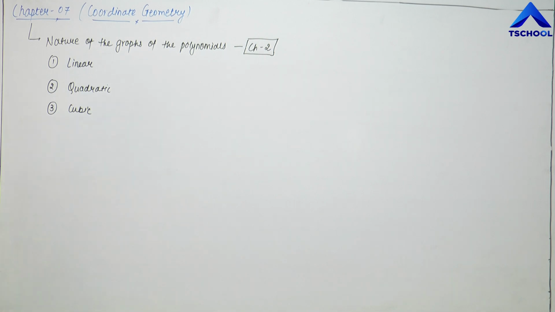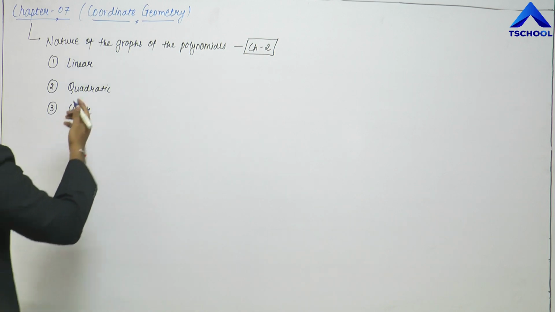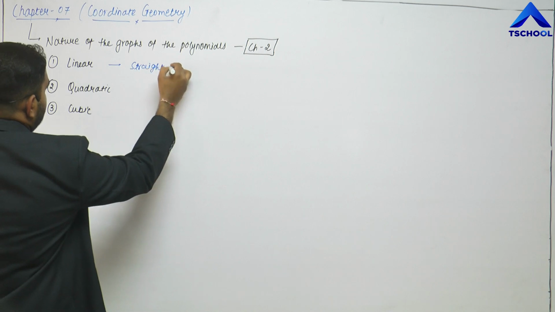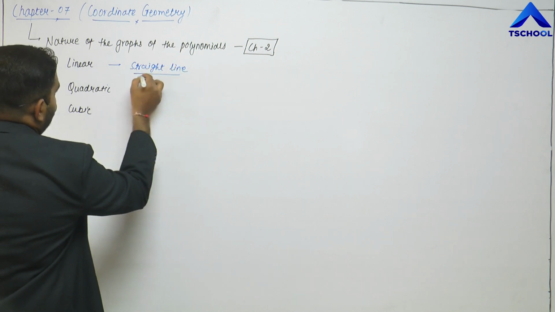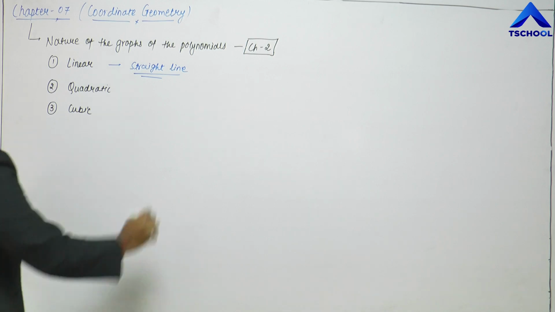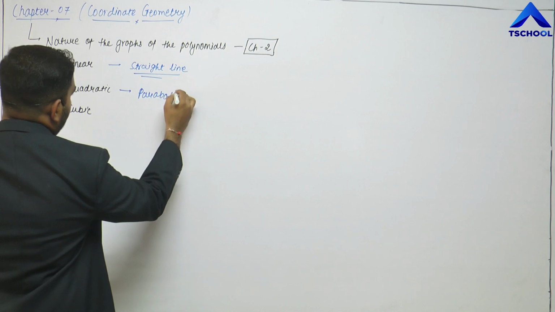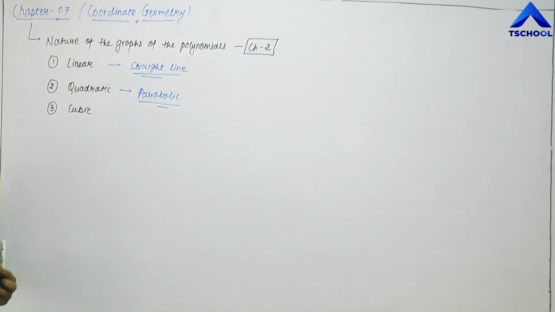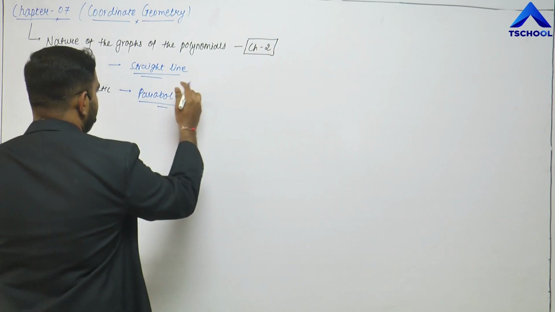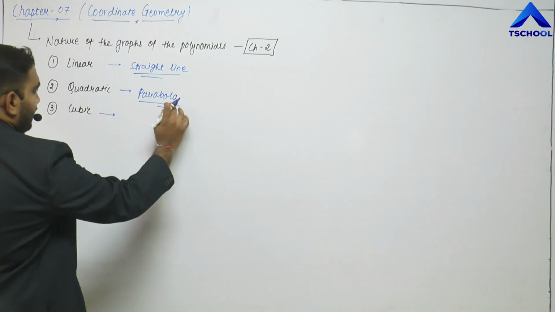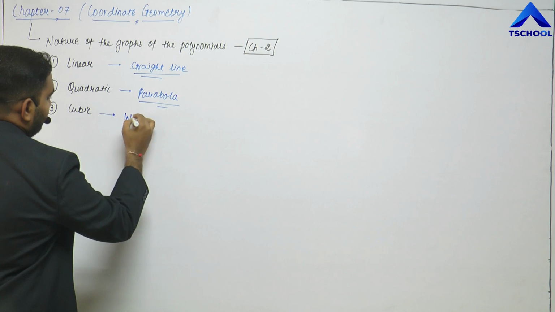Now for a linear polynomial, friends, the graph of a linear polynomial is a straight line, right? For a quadratic polynomial, the graph of a quadratic polynomial is of a parabolic nature, it is a parabola, right? And for the last one, the cubic polynomial, the graph of a cubic polynomial is a waveform,